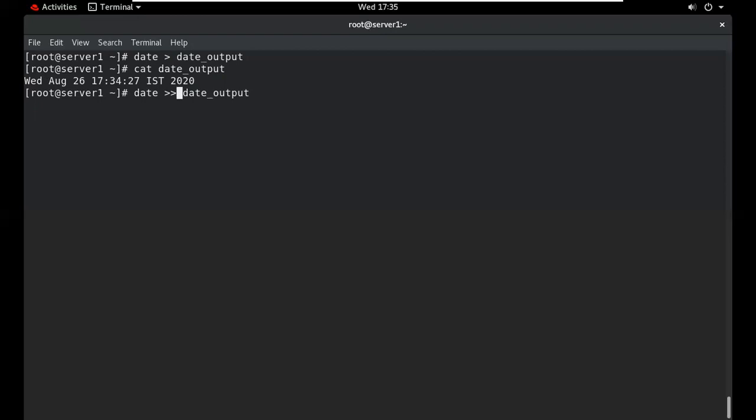When we have one output and we also save another output, a third output, a fourth output, all the outputs go into this particular file. So now we have two lines in this file. This is the time, a different time: 17:34:27, and 17:35:11. If we want to save another output also, then type this command. This output is also saved in this file. Now you can check, we have three lines: 17:35:11, and 17:35:28.